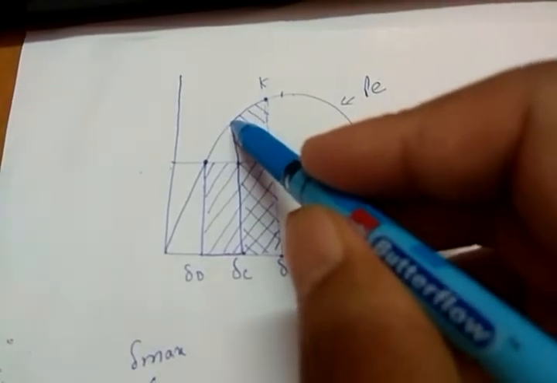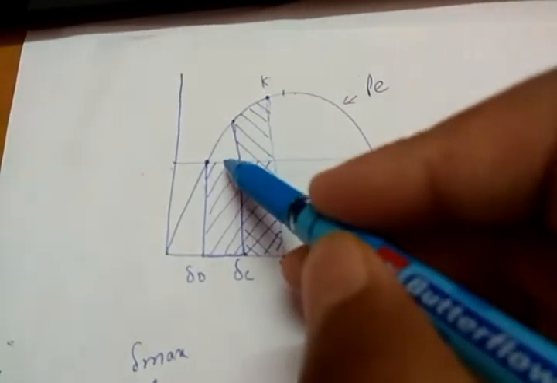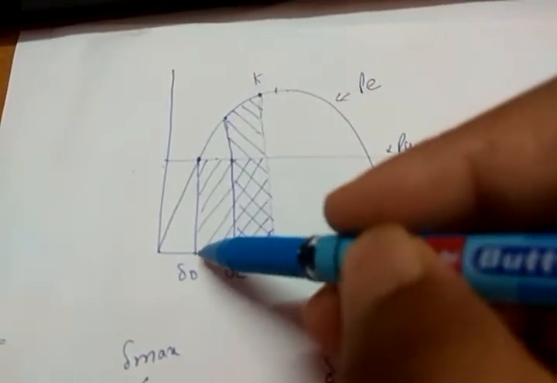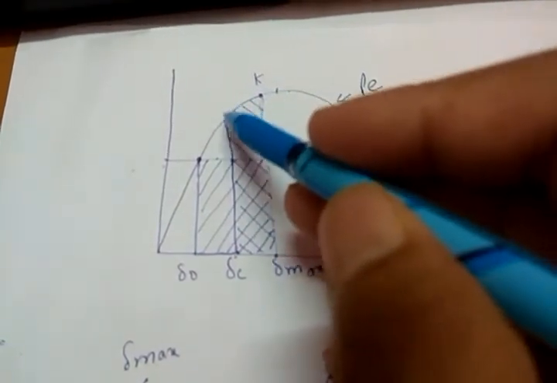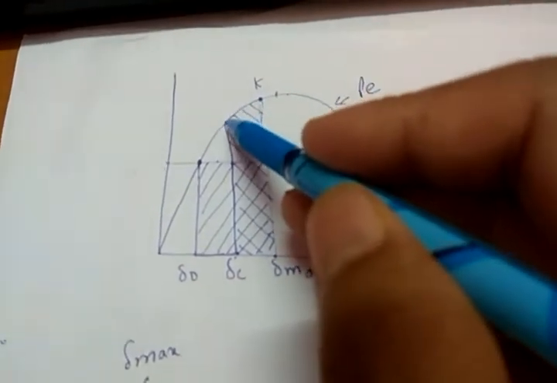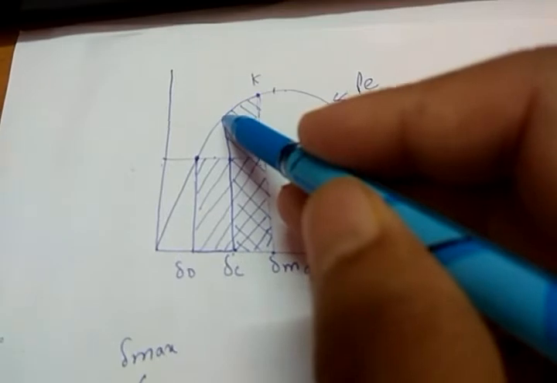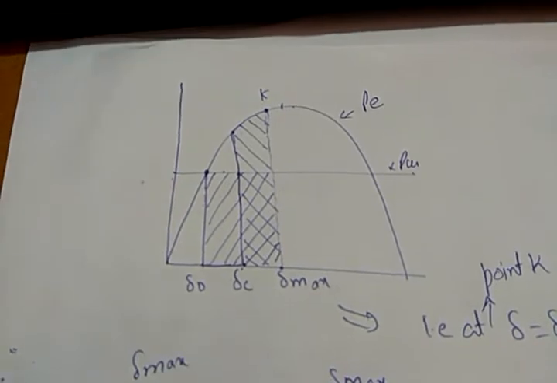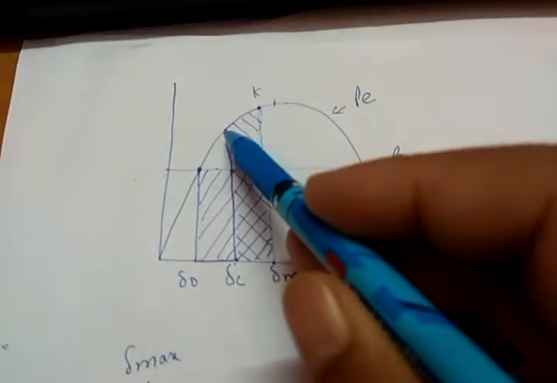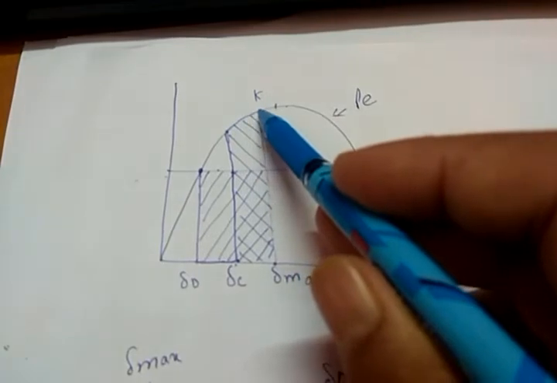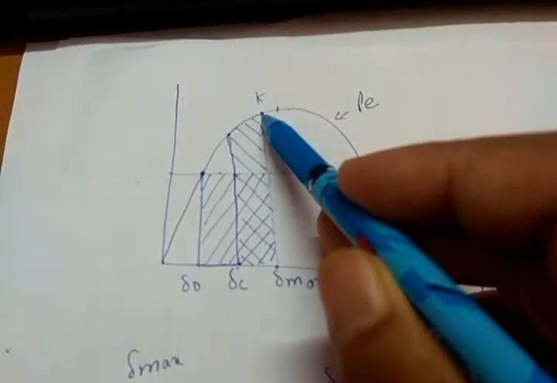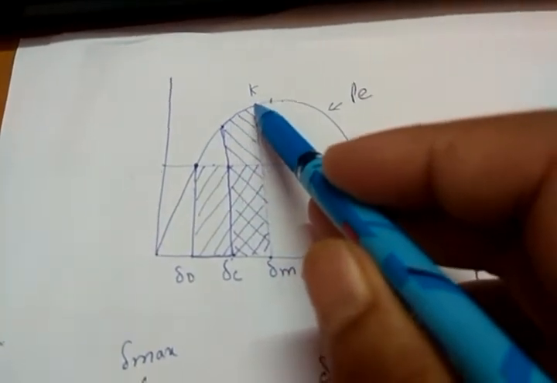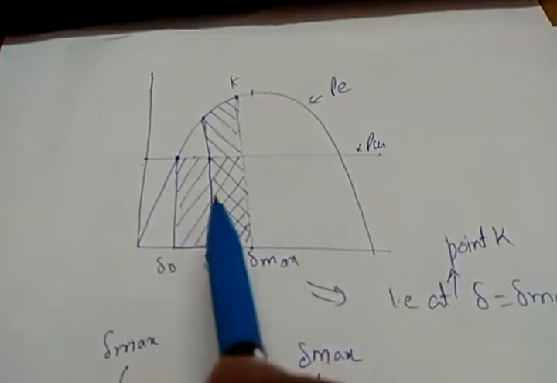Now at this point, electrical power is more, and the shaft or mechanical power is smaller. But this rotor has already accelerated, so it cannot reduce its speed to 0 instantaneously. The rotor will still rotate, meaning the angular displacement will still increase, delta will still increase because of the inertia of the system. It will increase and slowly start decreasing up to this point. At this point d delta upon dt will become 0, and this can be seen graphically.